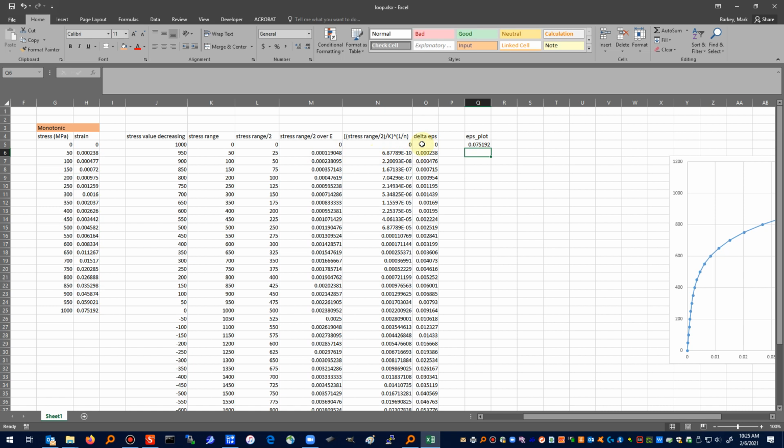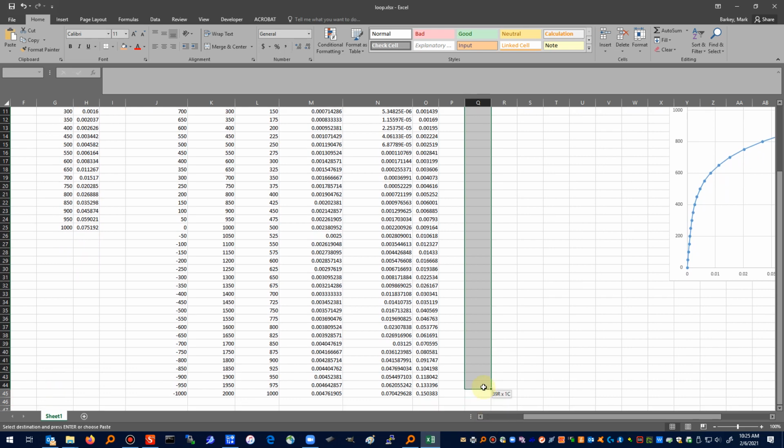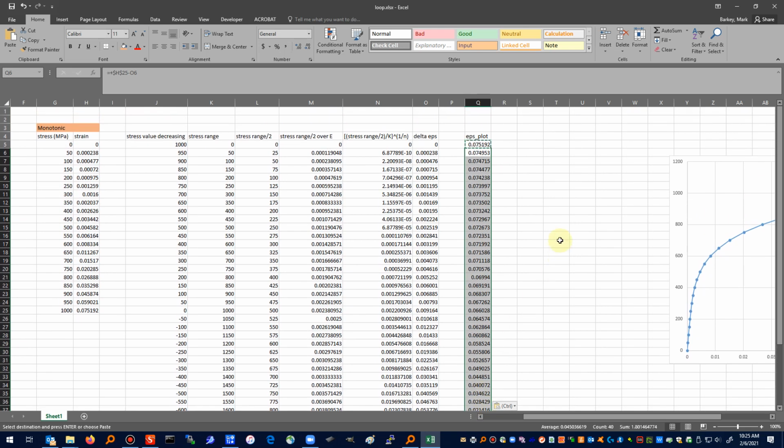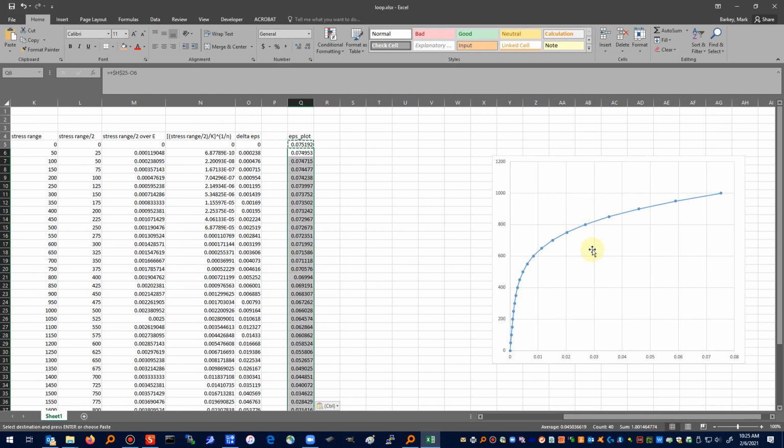Now, it's take away because of that sign function. When we're on the other part of the branch, and we'll do that in a minute, then we're going to be adding things. So that's where the sign comes in. I haven't put it in formally, but there's a minus sign right here. So what I'm going to do is I'm just going to take, if I've done everything right, I'll copy this and paste it into here. So this should be the strain part of the branch. The stress part of the branch should be the stress value decreasing. So fingers crossed, let's add this